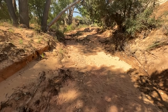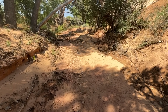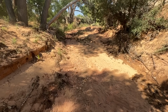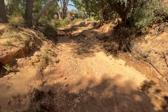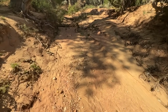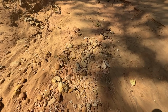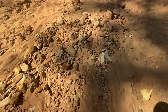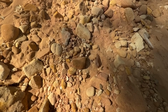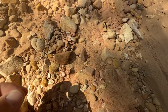All right, guys, this is probably one of the most exciting things I've ever found. I'm standing here in this wash. I'm walking up to the canyon I'm going to today. It's just rained, and I've already seen what this is, but I haven't picked it up yet. So I want to show you. I'm just going to walk up to it like I was, and I'm looking down. You can see there's a couple of little ants on it right here. I think this is for sure, well, no doubt it's an arrowhead, but this is the first one I have actually ever found in